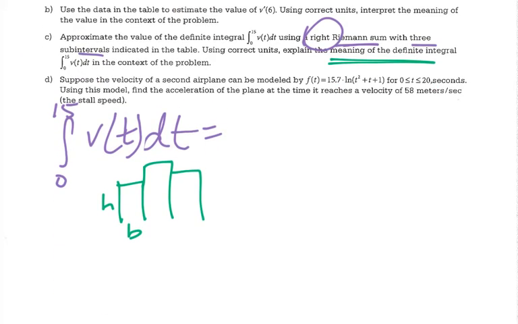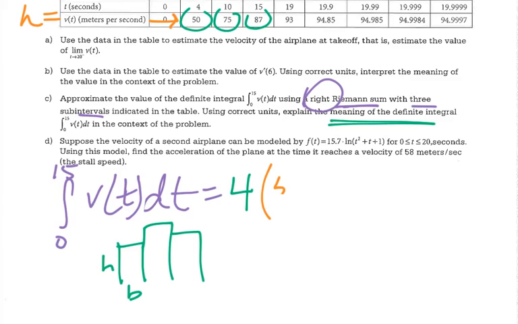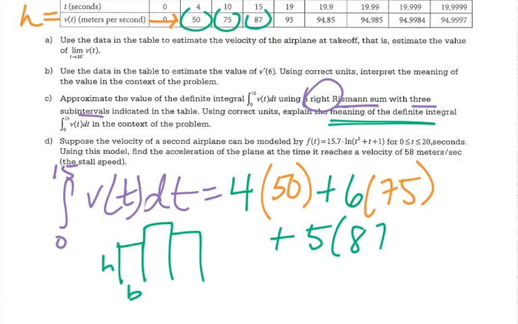Okay, so our first rectangle has a base of 4, and then it's being multiplied by 50. Then we add a base of 6 times a height of 75. Then we add a base of 5 times a height of 87. And then you just either do that mentally or you plug it into a calculator. These numbers are big enough that you are probably going to plug this into a calculator. And we get